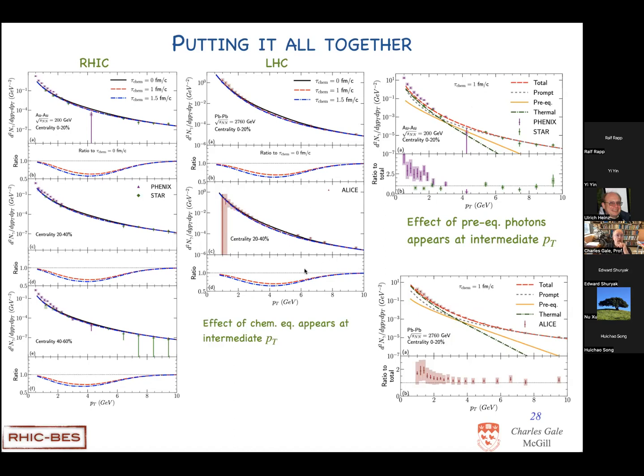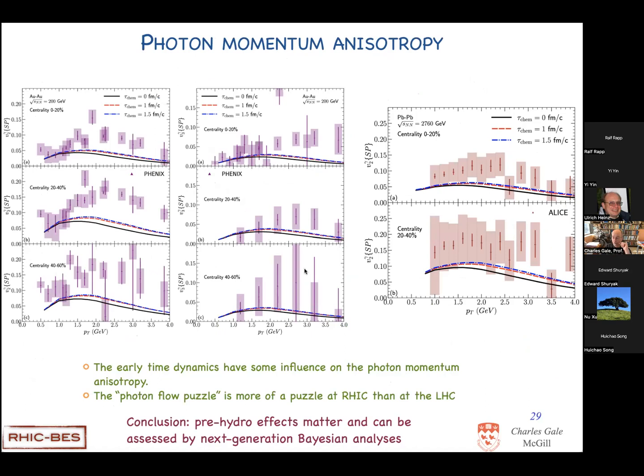What about the v2? Presumably the v2 will be affected, and it is. And it is in the opposite way, in the following sense. If the chemical equilibration is later, v2 is larger. How's that possible? Well, if the photons appear later, the flow has time to develop. So v2 is larger. So here's what happens here at the